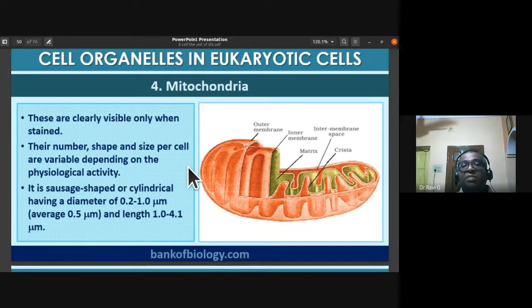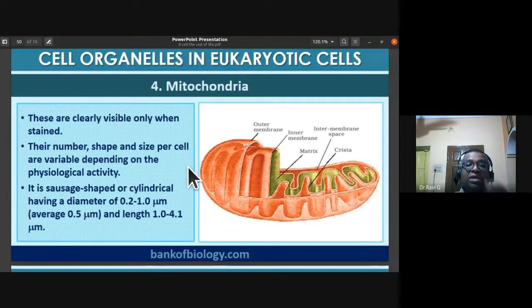In case of amoeba, the contractile vacuoles are excretory in function. They throw out the excretory material. So these are all the important features of vacuoles. So we have studied the four types of endomembrane system: the endoplasmic reticulum, Golgi apparatus, the third one is lysosomes, and the fourth one is vacuoles. So all this endomembrane system we have studied.